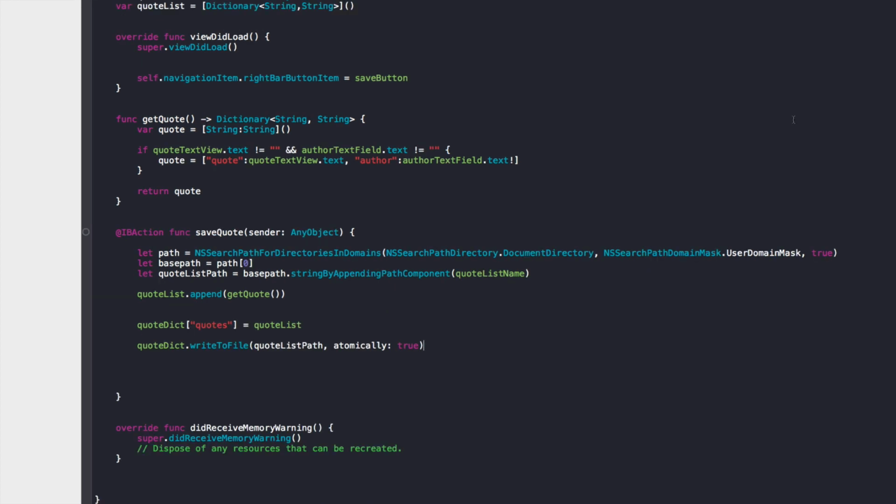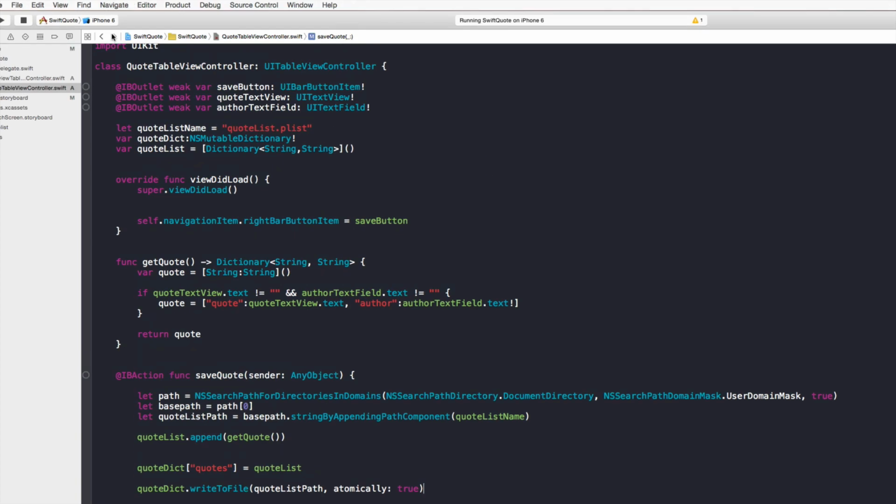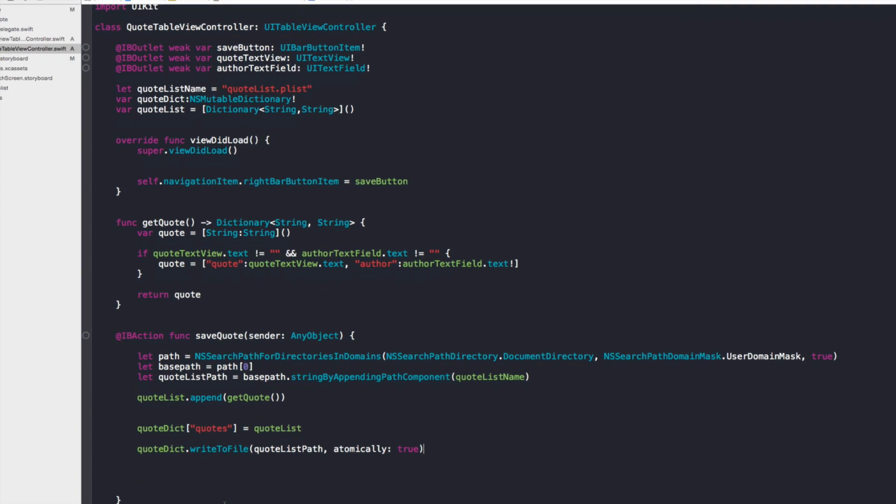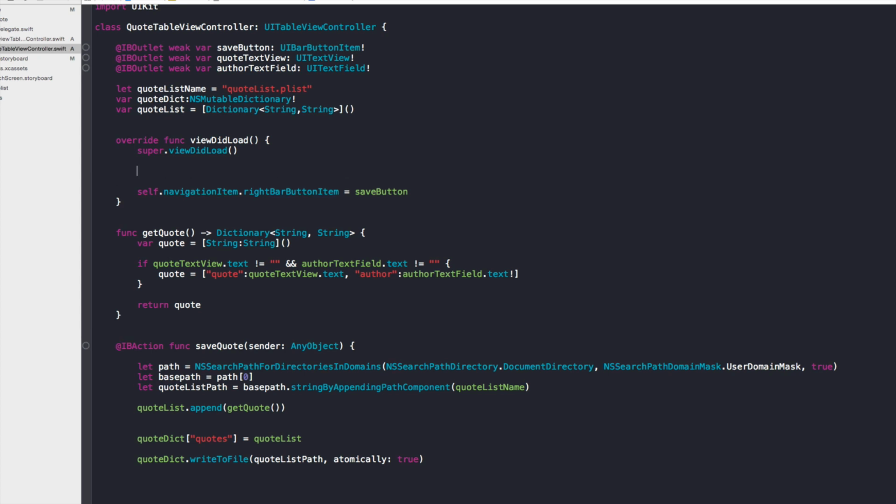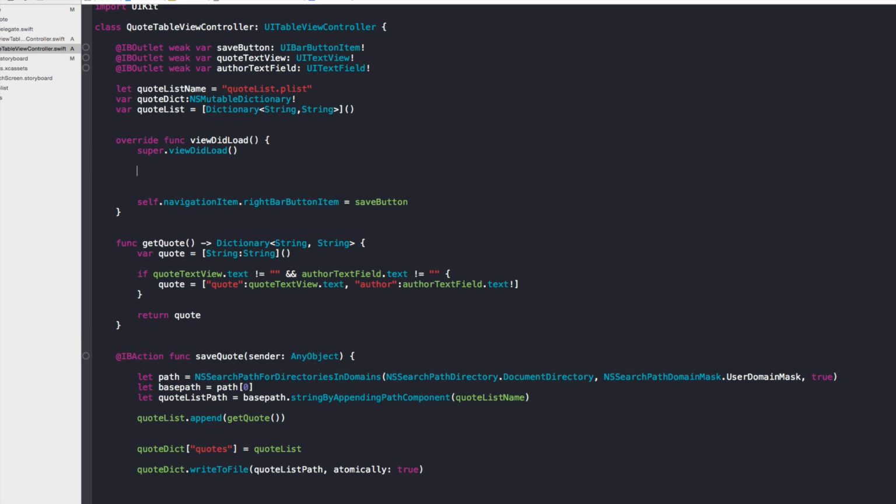The problem at the moment, however, is that we can't really work with the code we have just written because the quote dictionary is not yet existent. Since we haven't written anything into the file, we don't know if it really exists. We do not know what its contents are. We do not know if the quote list has some values or whatever. So this means we have to put some safety code in here, and we will do that first of all